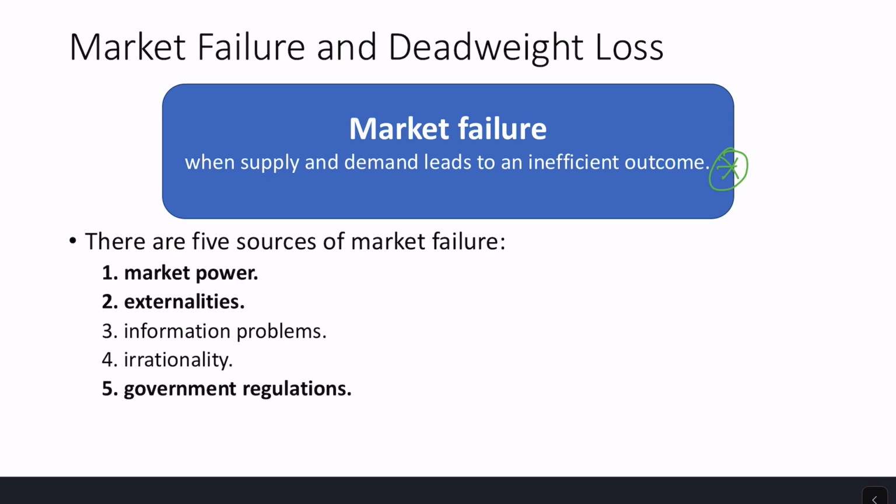We had the really pro-market argument: don't mess with markets, don't gum it up, government. And this slide is talking about when markets might lead to an inefficient outcome. So this is going to be more nuanced, right? I'm going to put on my normative hat here, where I'm going to give you my own views or opinions. I don't take any one stand on markets are always good or markets are always bad. It's going to be a case by case basis of this is why this particular market is bad because it fails in this particular way.